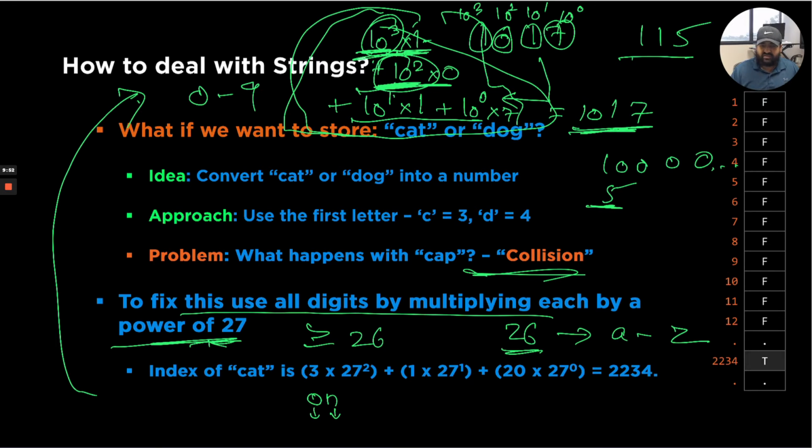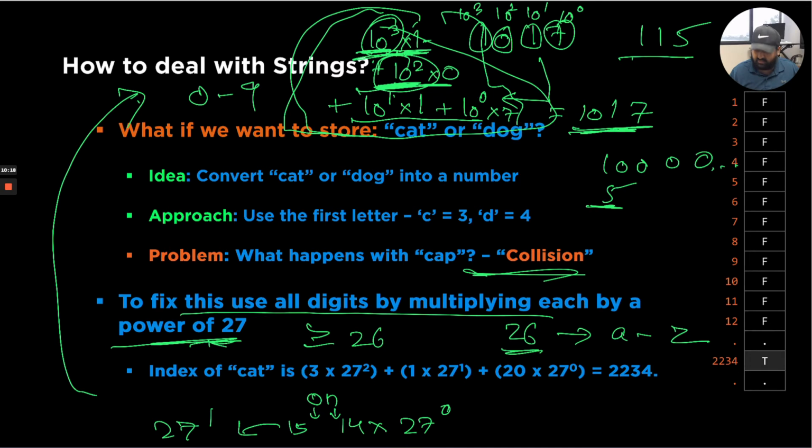So J is 10, K, L, M, N, and O. O is 15. J, K, L, M, N. So O is 15 and N is going to be 14. And what we essentially do is multiply 14 with 27 to the power 0 and 15 with 27